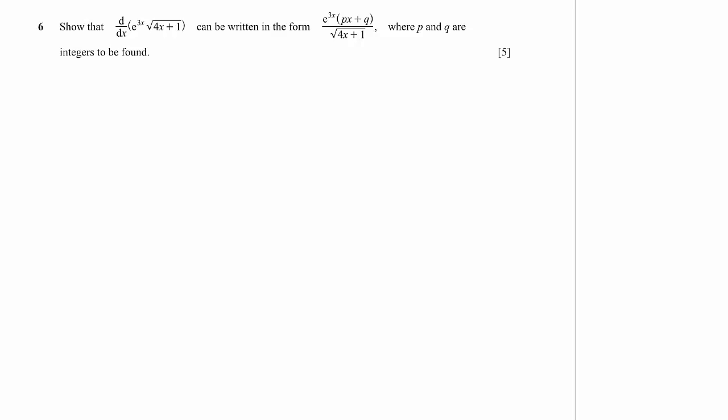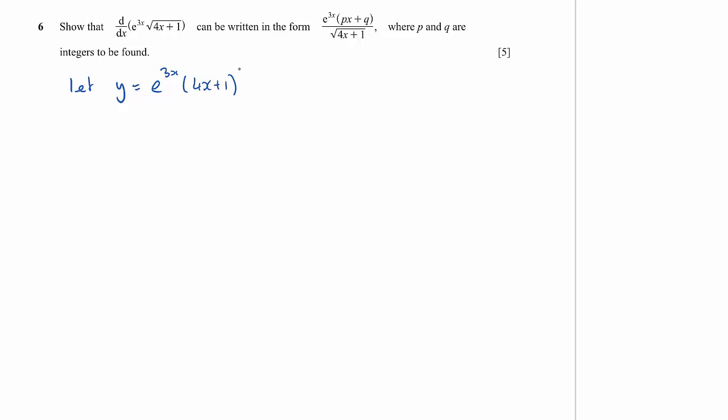Show that if we differentiate this expression, we can write it in the form e to the 3x (px plus q) over the square root of 4x plus 1, where p and q are integers to be found. So what we need to do is just go ahead, do the differential and see if we can rearrange it into that form. So I'm going to let y be equal to e to the 3x,